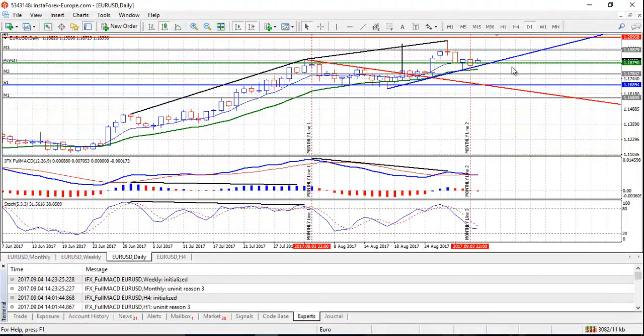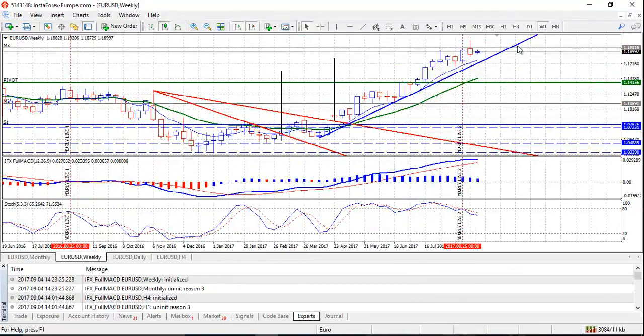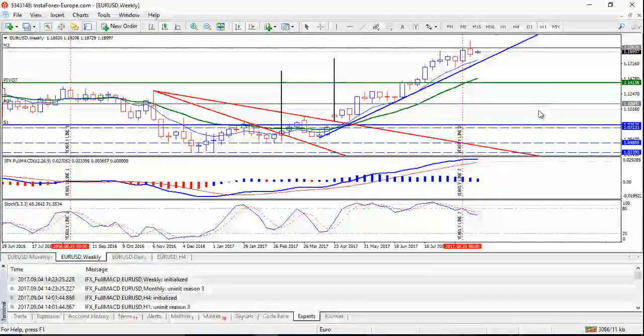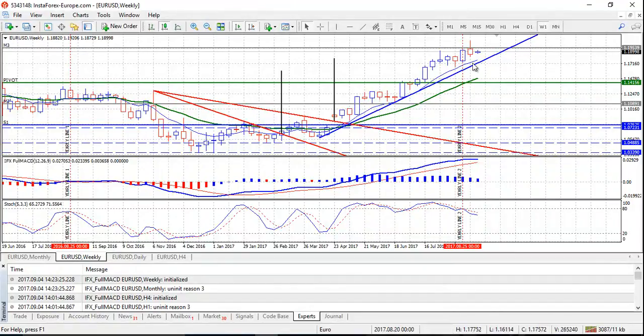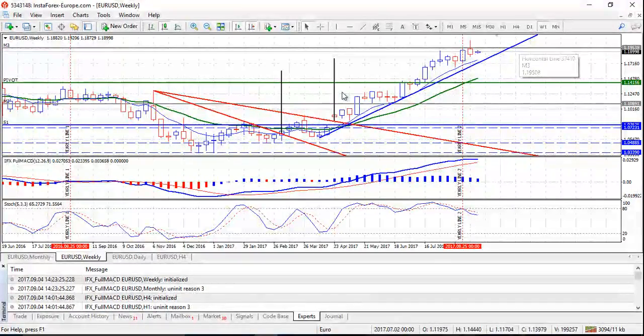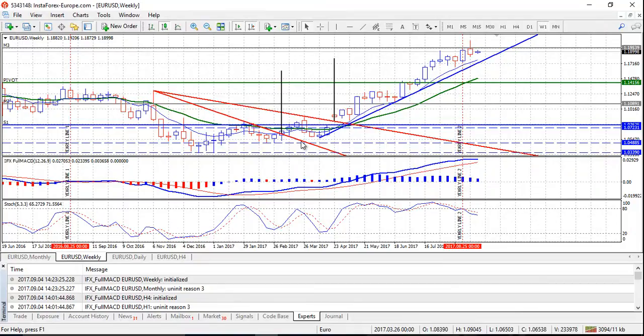I'm waiting for price to break this resistance trend line here, break it to head south, so that I can enjoy and cruise on that ride down. If I had gotten in earlier here, this would have been a serious recovery for me, because you can see this trend is now lasting for how many months? Since February